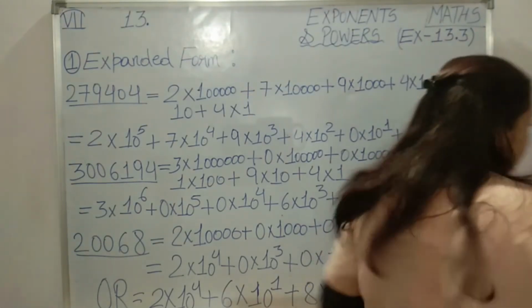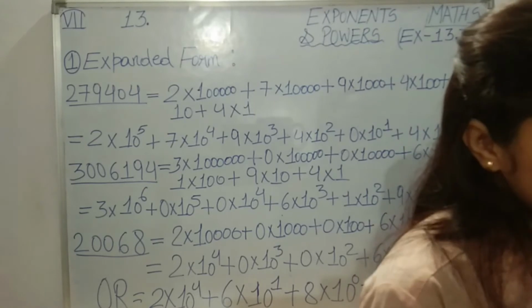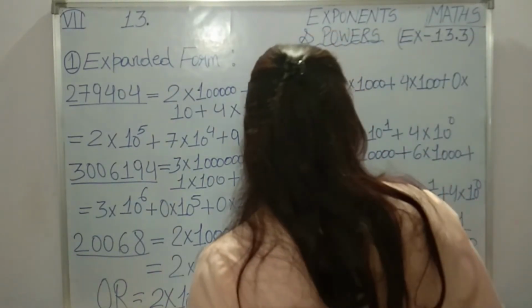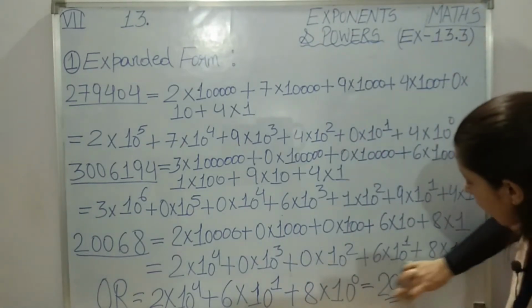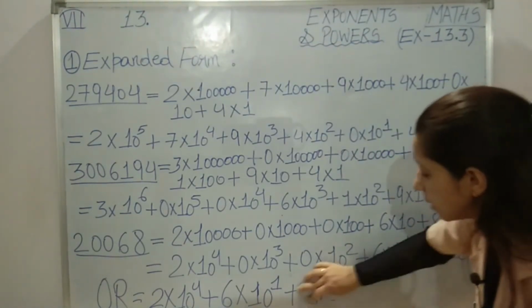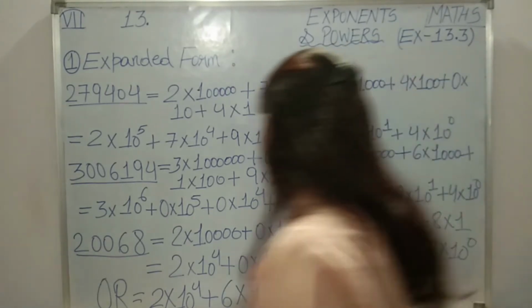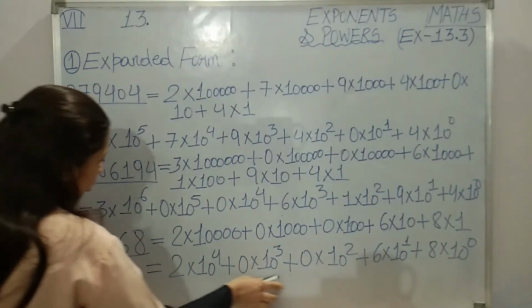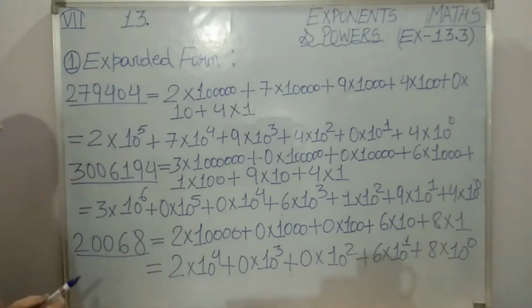So if in a question any exponent is skipped, then it should be clear to you why it is written so, because 0 is there. Okay, so note it down, students. Then 2 more points are there for the first question. That is your work, you are going to do by yourself. Note it down, then we'll start the second question.